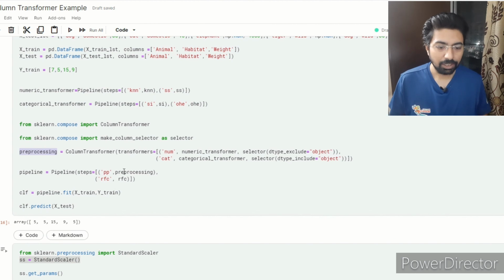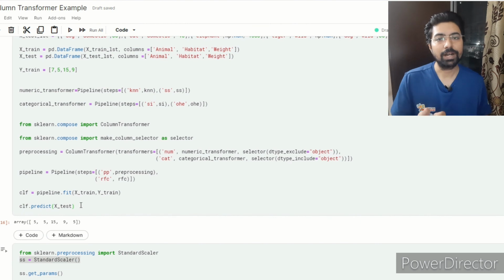And then you define the preprocessing here in the first step, and the random forest classifier as the second step, and then you just fit the data set, the pandas data frame I have defined as xtrain and ytrain. Ytrain is the simple one-dimensional array, and then you need to predict the xtest.